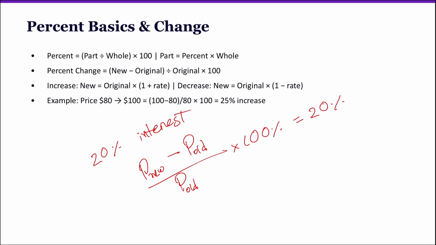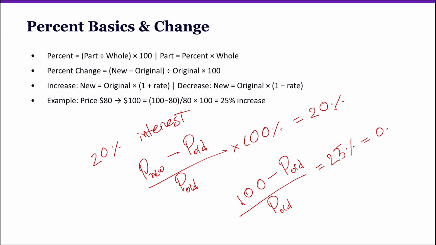For example, here, maybe my price went from 80 to 100, then someone might tell me that I have $100 now and I got a 25% increase. I got a 25% interest from the bank last year. Then I can simply calculate how much money I had in the first place by applying this formula, and I can say 100 minus P old over P old is equal to 25%,